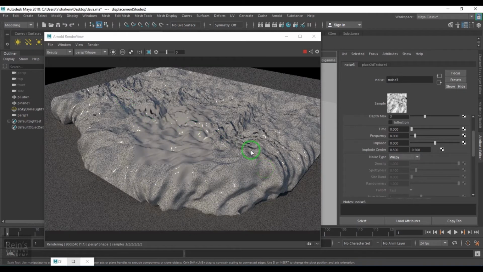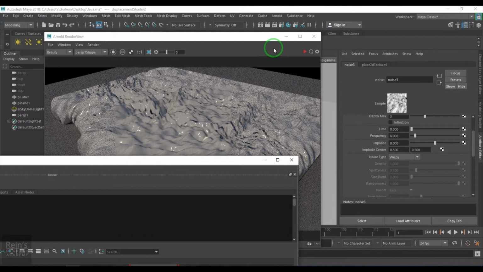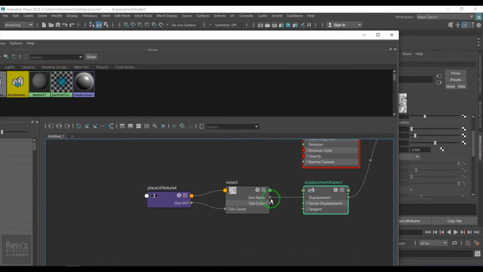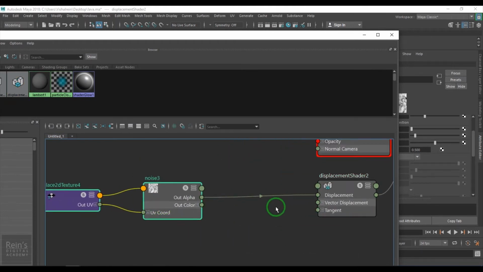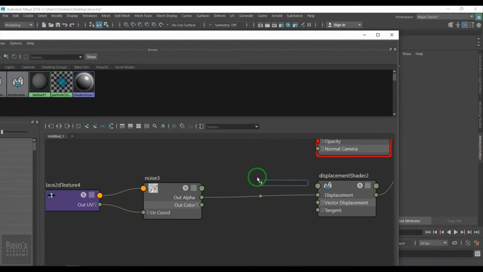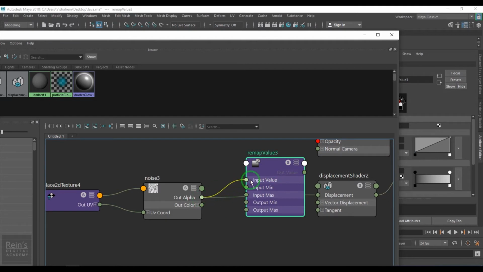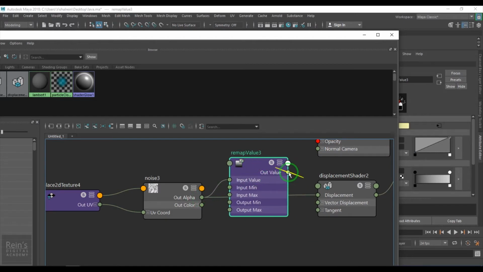And what I will do is take a utility between the texture and the displacement shader. So I'll be taking a utility that is remap value. Okay, and I connect the alpha to the input value, and out value connects to the displacement. Now let's have a look at the render.